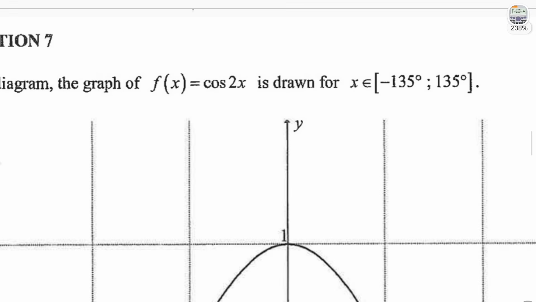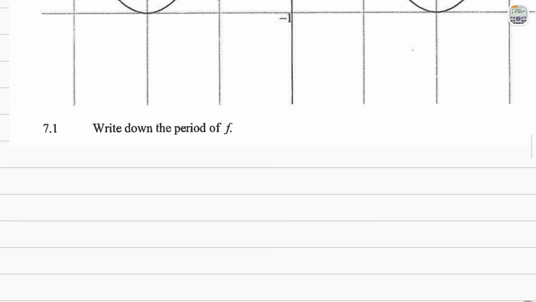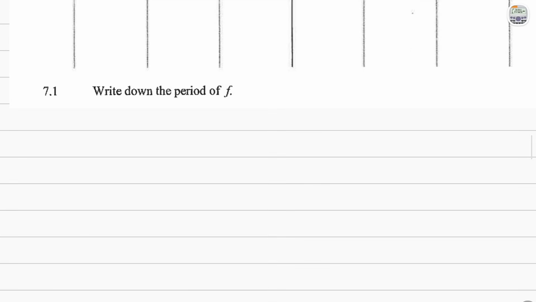So we have cos 2x. They put a 2 in front of the x. When this happens, it means that the period would change. And how you find the period of a graph, you take the old period. You know that the cos graph, as we saw, completes a cycle in 360 degrees. Okay, so the original cos graph, y equals cos x, has a period of